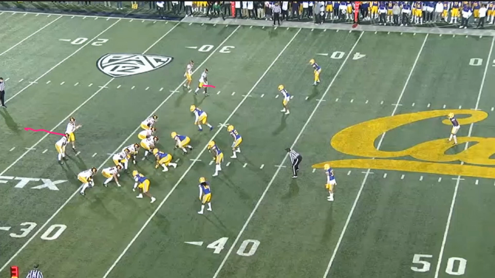Because that will time out with the break on that corner. When he hits 3 steps here, your receiver will be breaking at that 10 to 12 yard mark right here. So this times out with a 3-step drop. But what Dart does is he takes a little hop back as he's looking out there. Remember, this